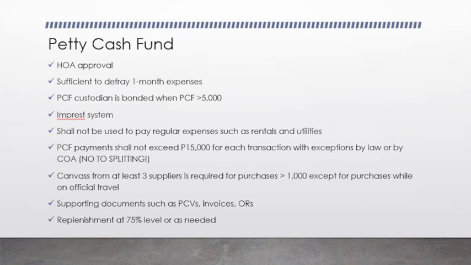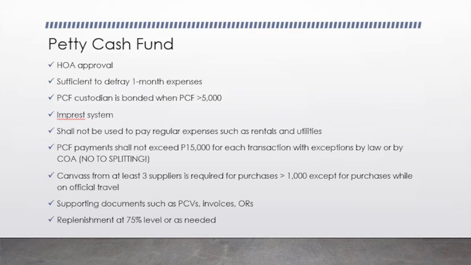Canvas from at least 3 suppliers is required for purchases greater than 1,000 except for purchases while on official travel. So, ano sinasabi dito? Kung ikaw ay may bibiling items na lagpas ng 1,000, yan dapat ay merong canvas from at least 3 suppliers. Sir, what does a canvas means? Ibig sabihin lang, bago ka sana bumili ng item na lagpas ng 1,000, dapat ay meron kang request for quotation sa at least 3 suppliers para naman makita natin kung ikaw ba ay nakamura. So, ibig sabihin, kung bibili ka ng halimbawa,